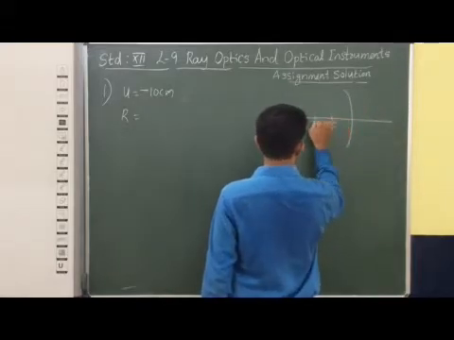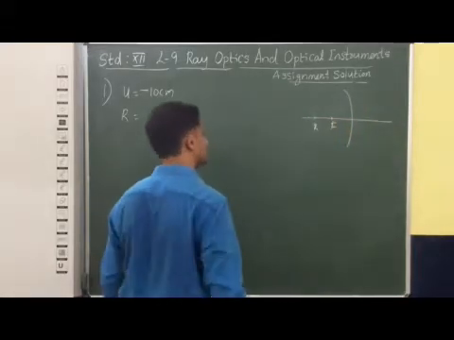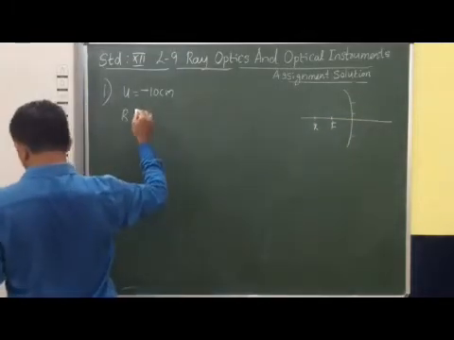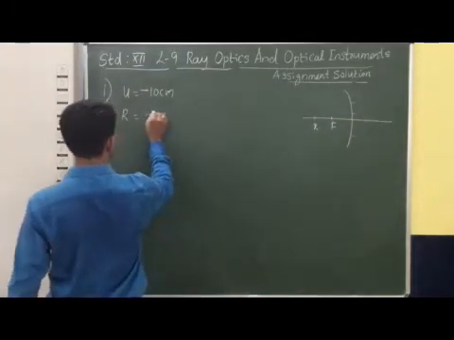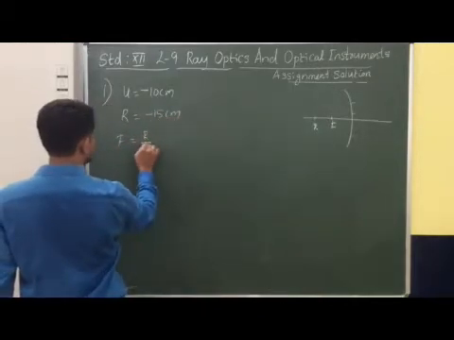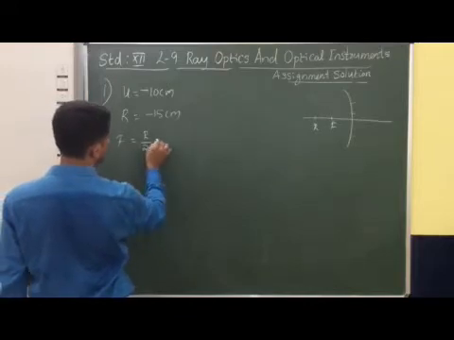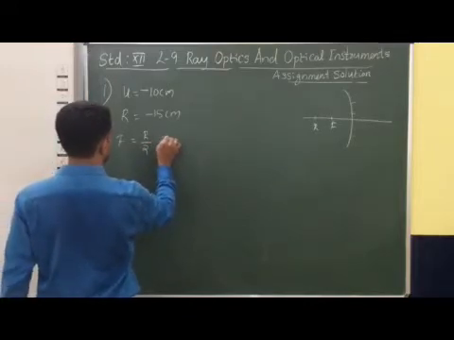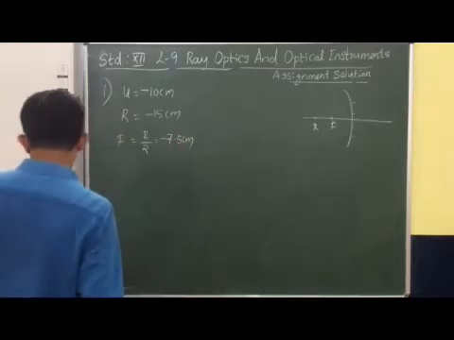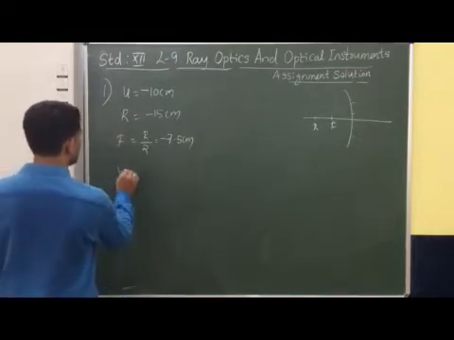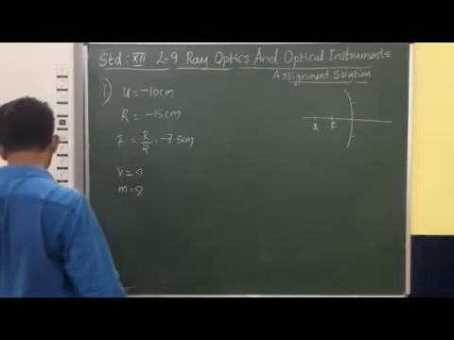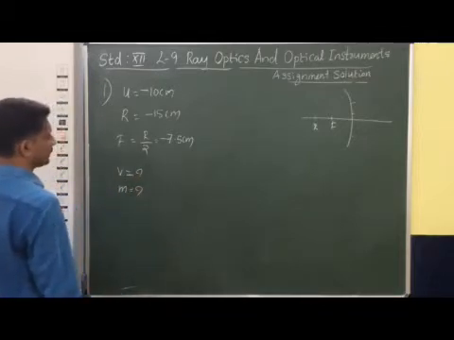The focus and the radius of curvature are on the left side. So the radius of curvature is considered as 15 centimeter, that means minus 15 centimeter. Our focal length is R by 2, that means minus 7.5 centimeter. So you have to find the image distance V and the magnification, and also find the nature. Okay, fine.